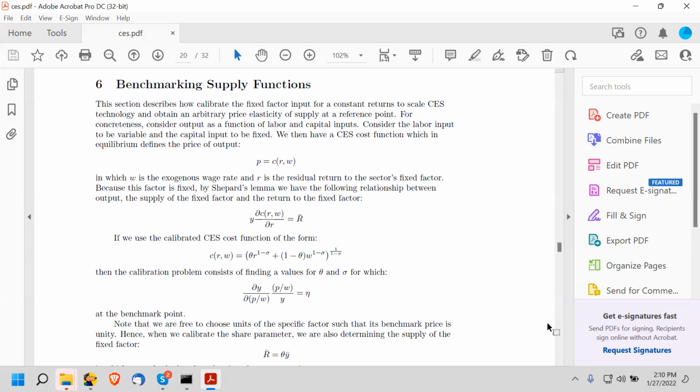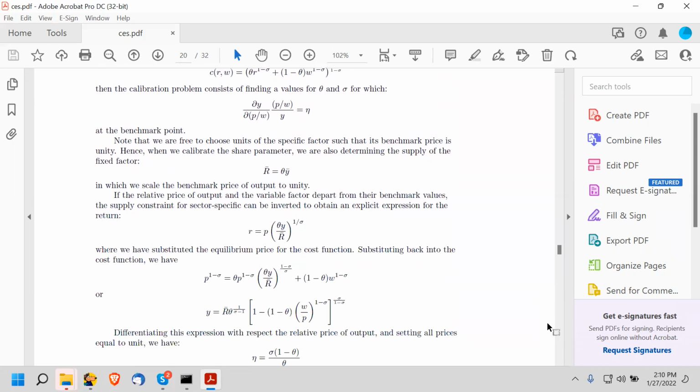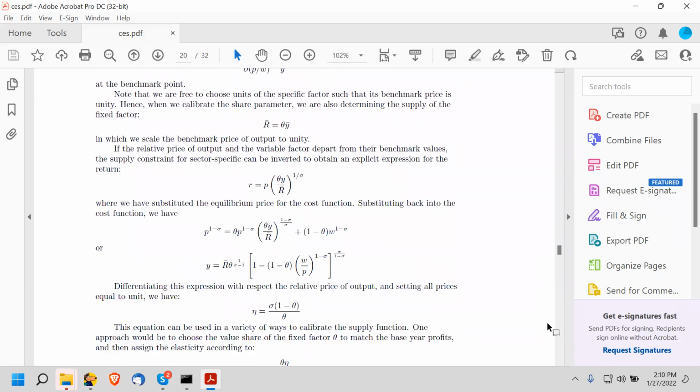And in a CGE model, the easiest way to do that is to put in a specific factor that's only used for producing coal, and then control the elasticity of substitution between that specific factor and the variable factor that goes into producing coal. So you have two inputs in the production function. I go through the mathematics of this, laid out here. And essentially, if you have freedom to choose the elasticity, here's the key relationship,